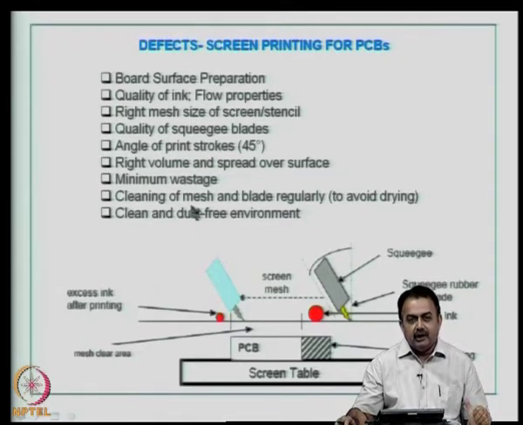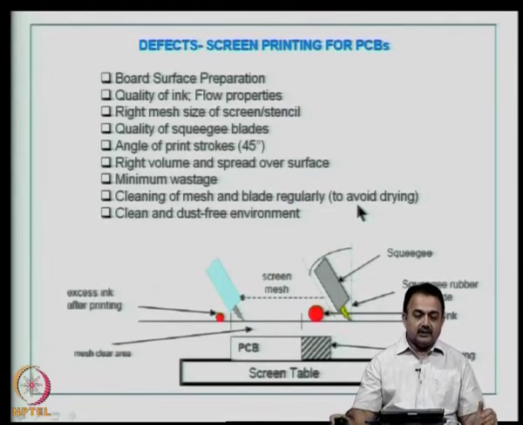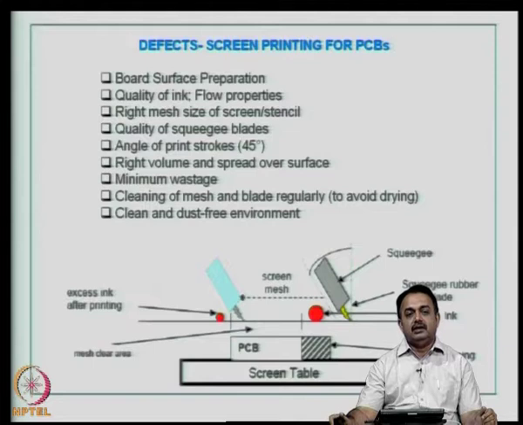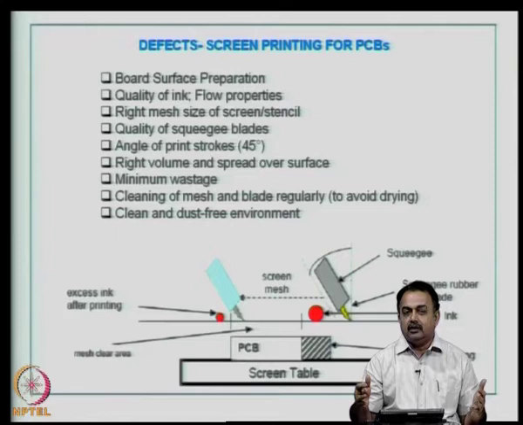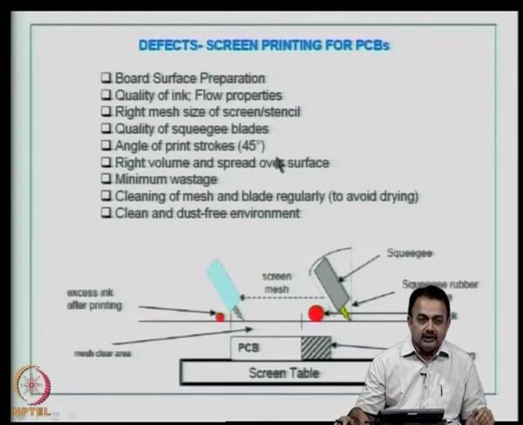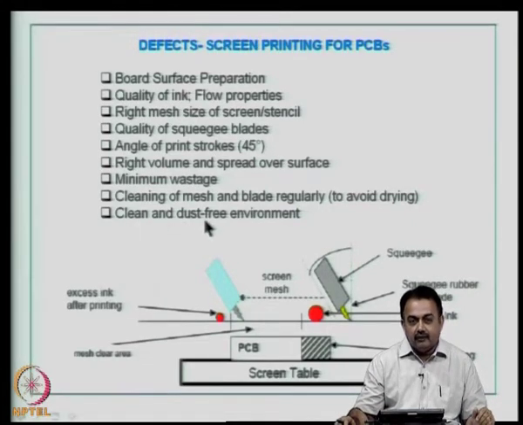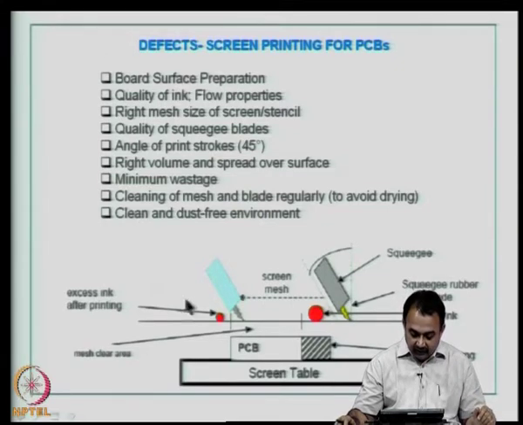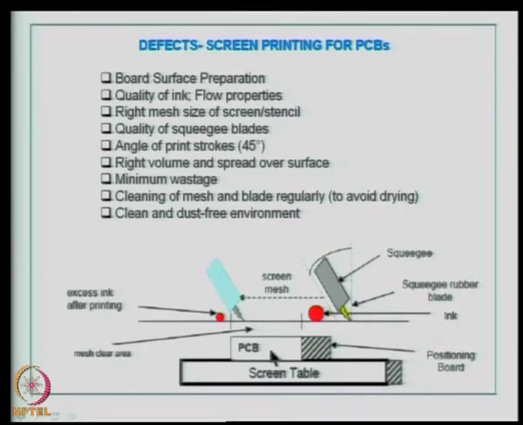Cleaning of mesh and the blade regularly to avoid drying. So, typically let us say in volume production of single sided PCBs, you will use for some 500 boards, and then you will have to remove the mesh, remove the blade, clean them thoroughly and then use them again, or preferably use a new stencil or a new mesh. A clean and dust free environment is always very much required, so that these are not translated to etching defects that we have seen earlier. So, this is again a figure showing you a screen table, a PCB is mounted which